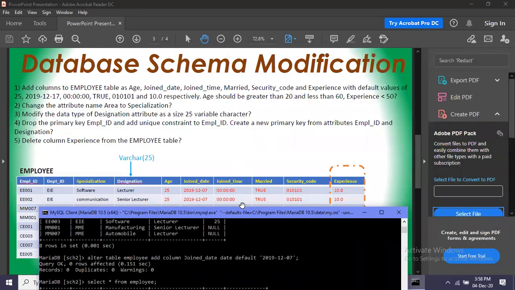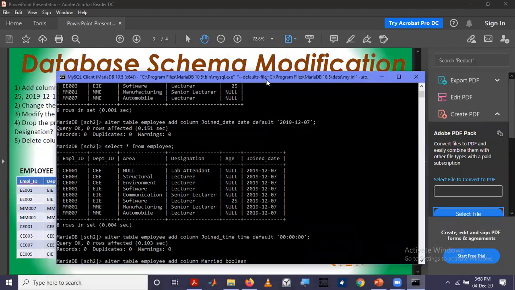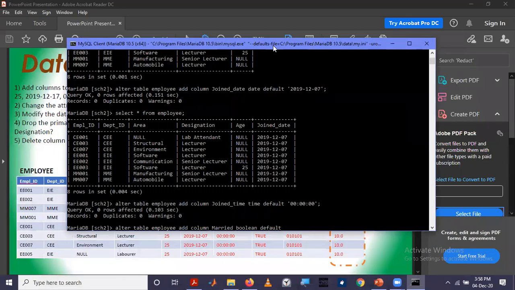The expected default value is true, but this is stored as zeros and ones. 1 stands for true, 0 stands for false. As the default value is true, we have to pass DEFAULT 1.